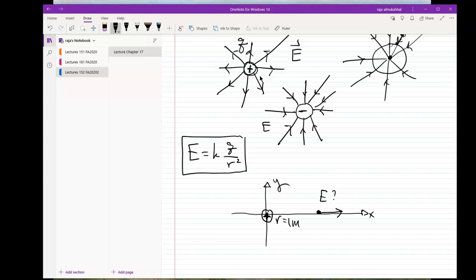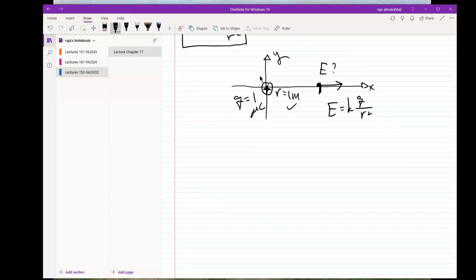So if I say, what is the electric field intensity at this point right here at r equals 1 meter? Well, it's just kQ over r squared. Let's assume the Q here, pick a number, whatever you want. Let's say 1 microcoulomb, for example. So what is the electric field intensity there? Well, this electric field is going to be 9 times 10 to the 9 for k. Q in this case is